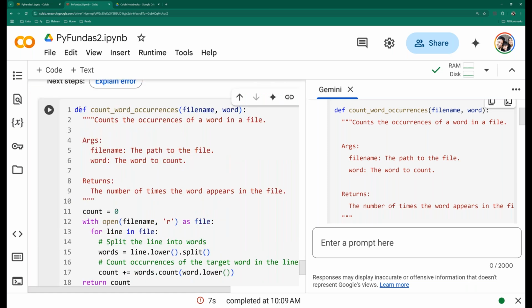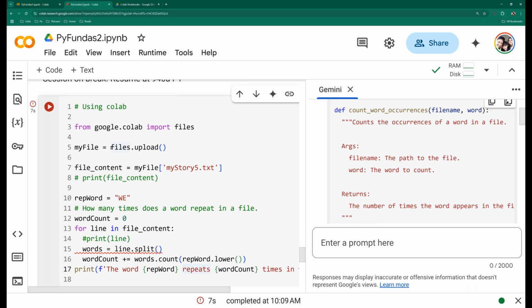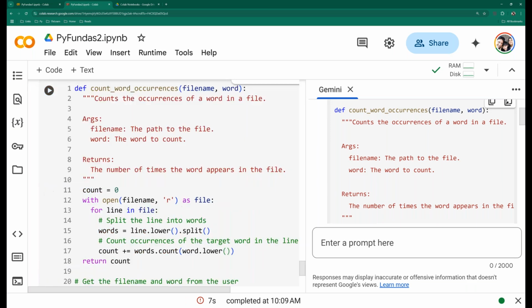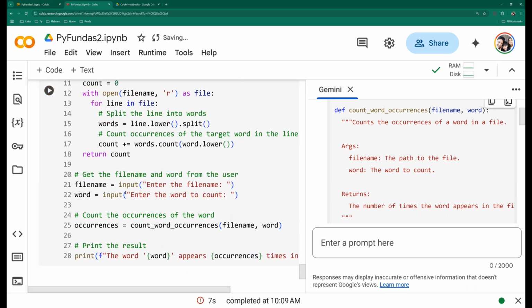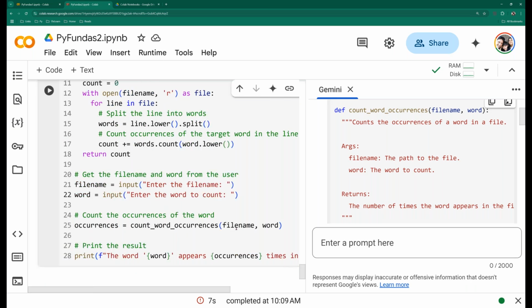Where are we? All right. Function defined. We'll use a file name and word. I don't know if I'm able to send my story file.txt. Will it take it as a file name? Does it refer to my file? Equal to files dot. So let's see what's there in files dot. There am I calling the function. Enter the file name. Enter the word to count. File name and word. So that's the file name that I want to enter. Okay, if it's there,